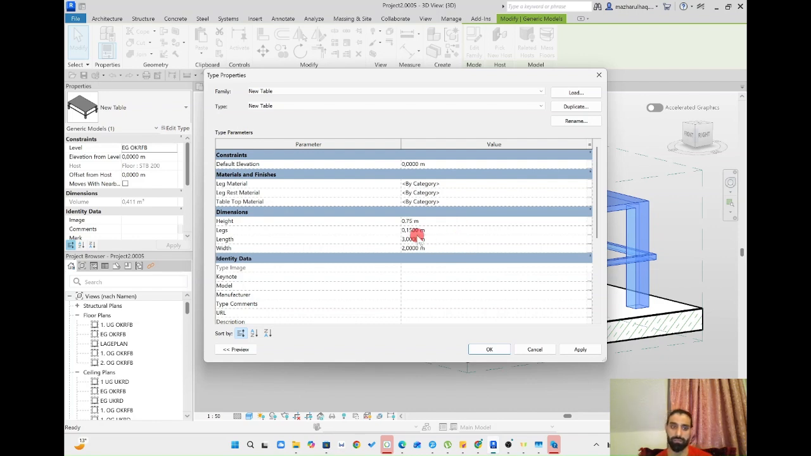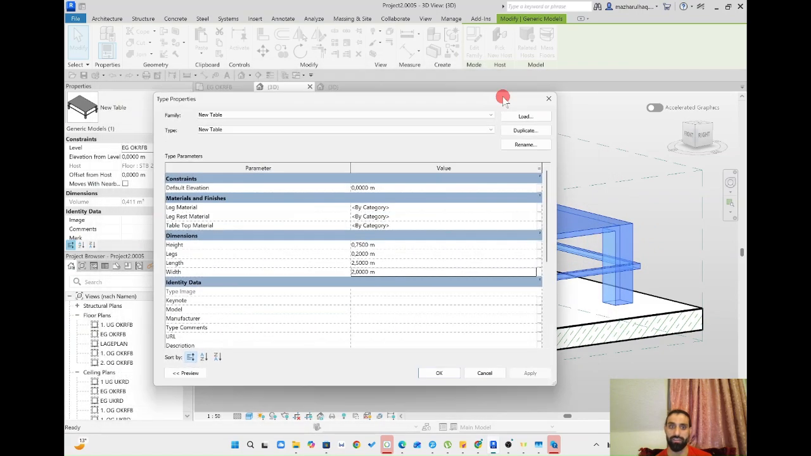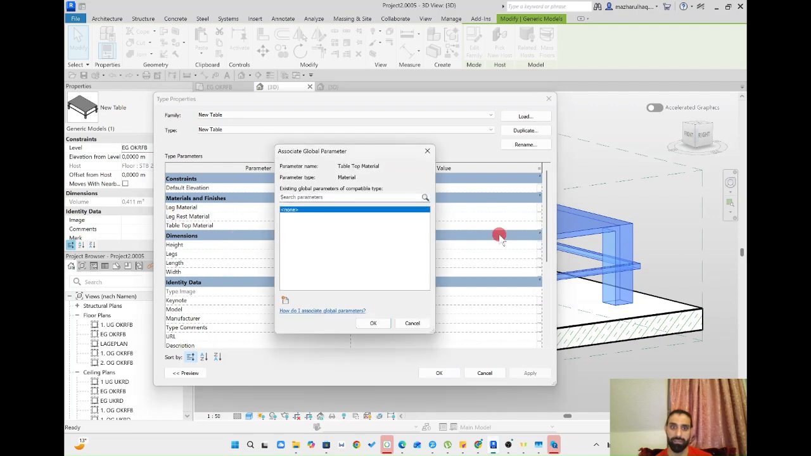For example, we want it to be 0.75 meters. The thickness we want to be 15 centimeters, let's make it 0.2, and length is 3 meters, a little bit too much for us. We want it 2.5 meters, and the width 2 meters is okay. So the table has changed already, but we want to add the material. We want the tabletop material to be